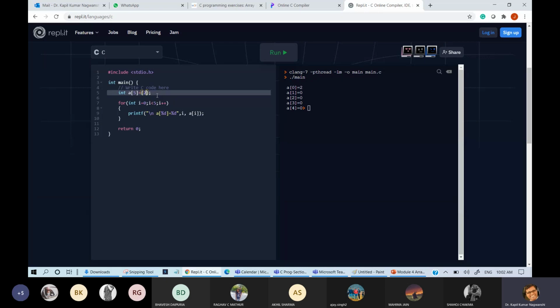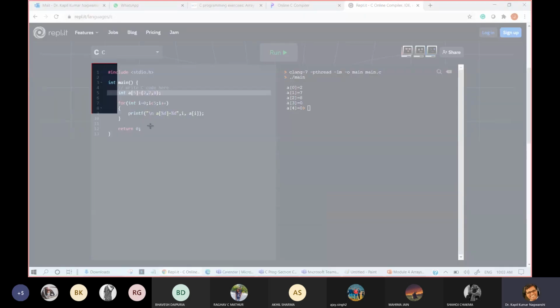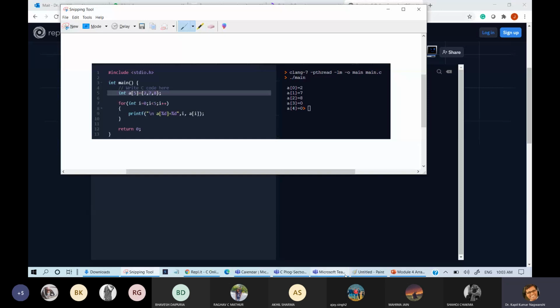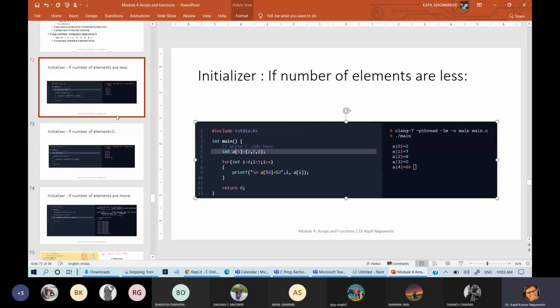If the elements are more than this, 2, 6, 3, 4, 5, 6, 7, 8. Sir, we have already done more. Yes, more we have already done. Less is remaining, so let us write for less. These are the cases.